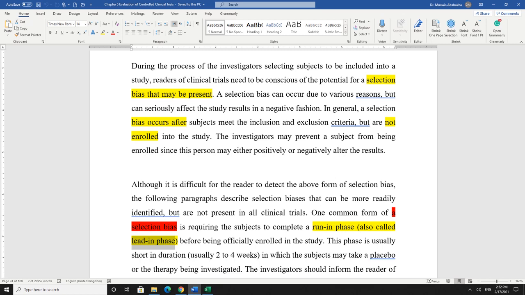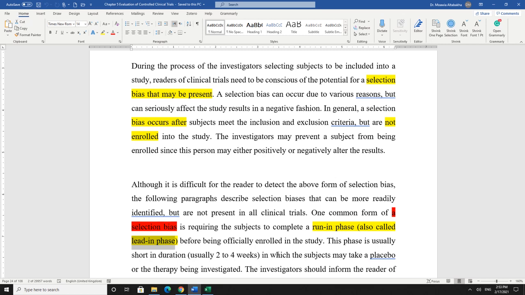Now what happens after that? You started your clinical trial and everything looks good. No, now there is a problem, because in this case you are ignoring the safety issues, and you removed some people that, if they were present and continued with the trial, may have negatively affected the results. But what you did is you removed them, and when you removed them, the results became better